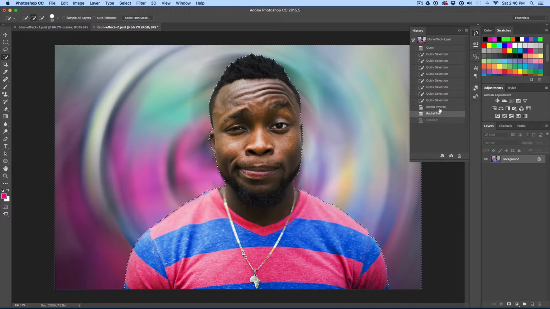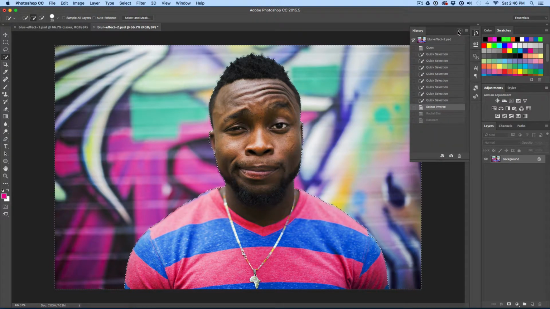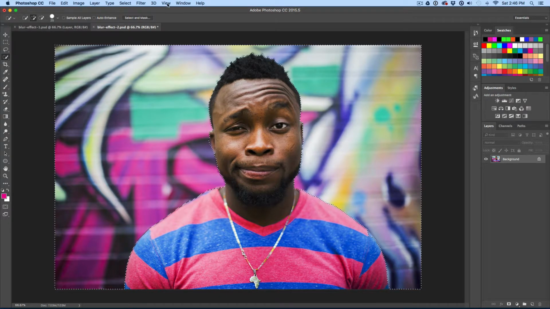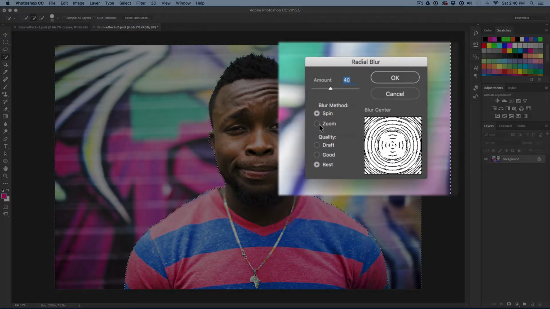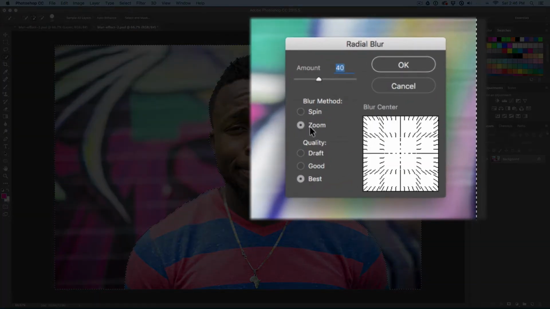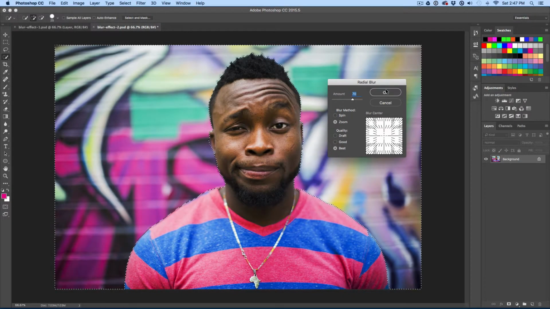So I'm going to go to my history, go back to before I did that, where I just have my selection. Now Filter, Blur, Radial Blur. Now this time let's select Zoom, which is the second one. We can leave the quality to best, and I'm going to crank up the amount to about 70. Now you can use the little bar here to drag, or you can also click and enter numbers if you want. Now let's see what the zoom effect will do instead of the spin. I'm going to hit OK,